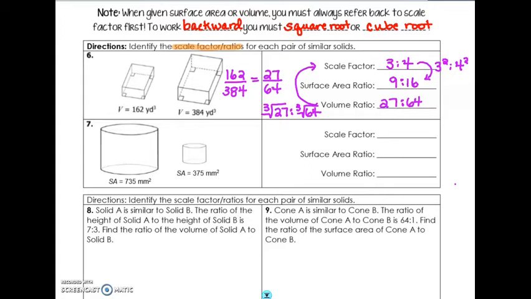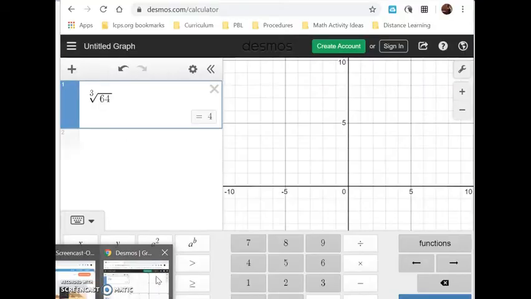For problem number 7, we're given the two surface areas. The surface area of the larger cylinder is 735, and the surface area of the smaller cylinder is 375. So again, don't forget, let's make a note here that we always want to simplify our ratio first. Just like we simplified scale factor when we had it first, we want to simplify our volume or surface area ratios first. So I go to Desmos, I type in